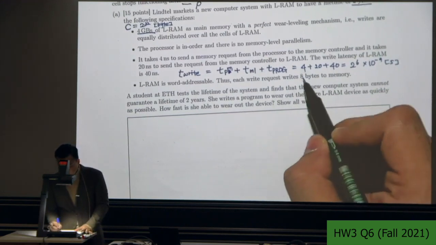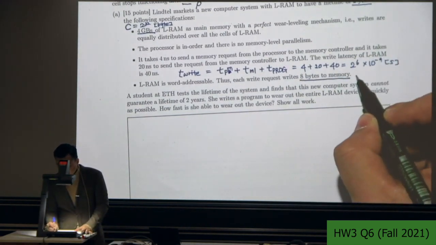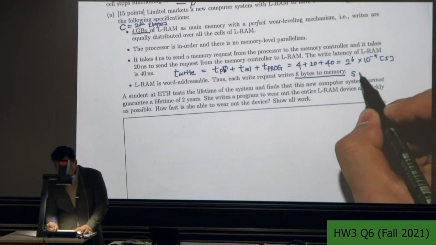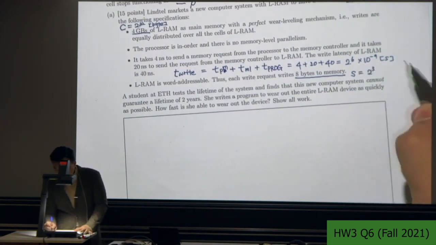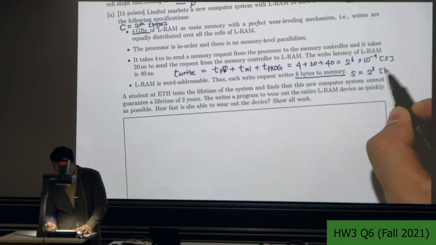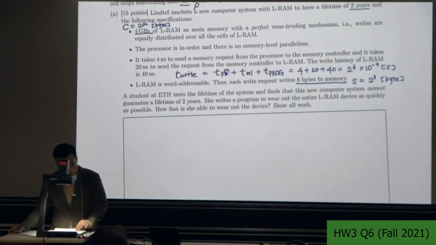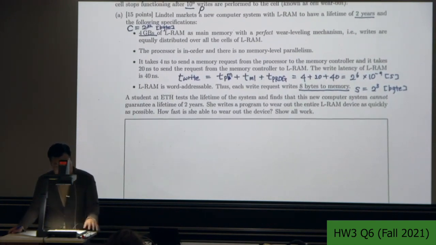So there is another important value here. I will put this as S. The size of a request is 8 bytes, means 2 to the 3 bytes. Okay. The final question is, an ETH student tests the lifetime of the system and finds that this new computer